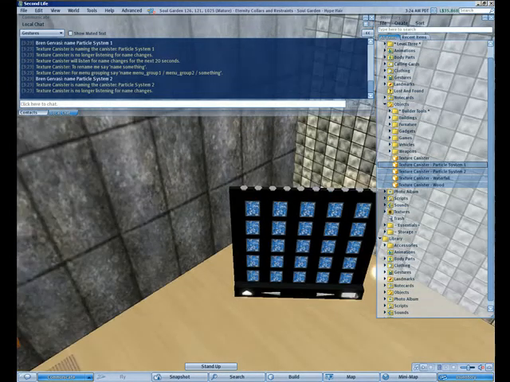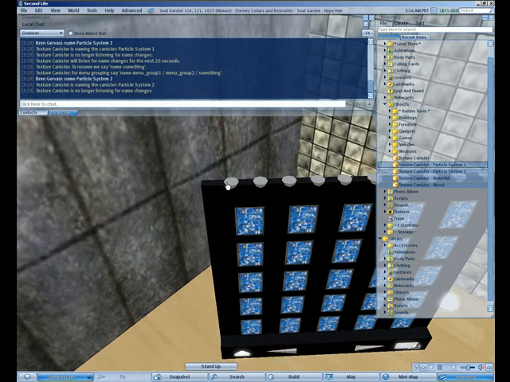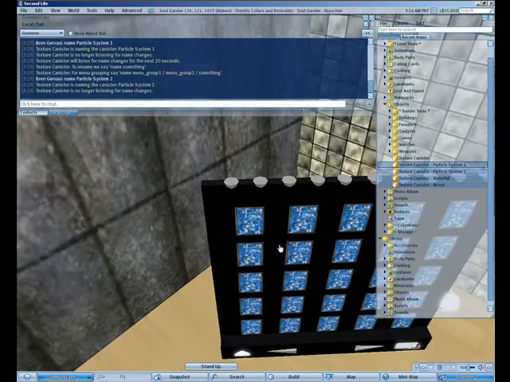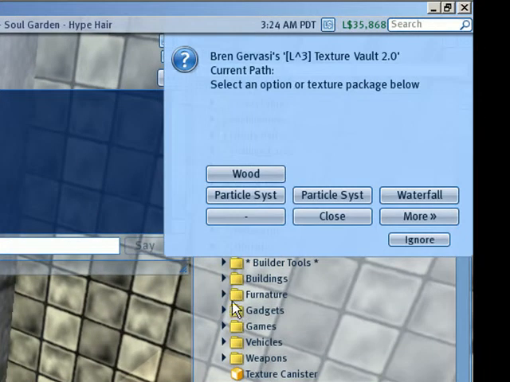We can go ahead and bring up our load menu and load up some canisters. We load a canister by clicking on any one of the open platforms that are available to us. We can actually preload up to 10 canisters at any given time, though the texture vault itself will hold nearly an unlimited number of different canisters within itself. We'll go ahead and click on the first one, and we notice we have our different